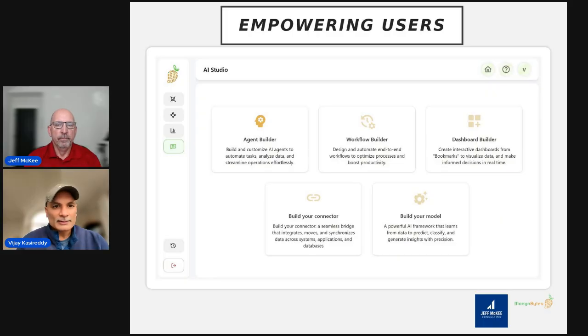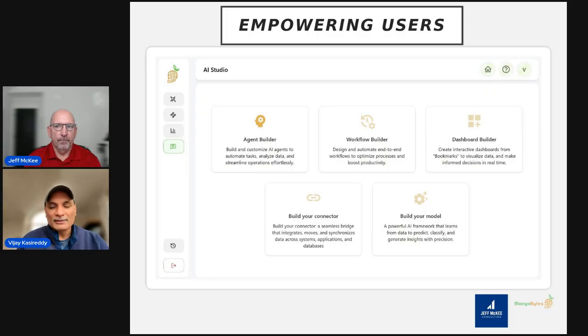So that's where we use the agent builder. The next one is the workflow builder. The idea behind this is recognizing that no two teams operate the same way. Two geologists, two compliance specialists, two engineers, they all work very differently. They all have a different way of looking at the same thing. And so how do you stitch these agents in a way that meets your workflow and not the other way around? That's the idea behind the workflow builder.